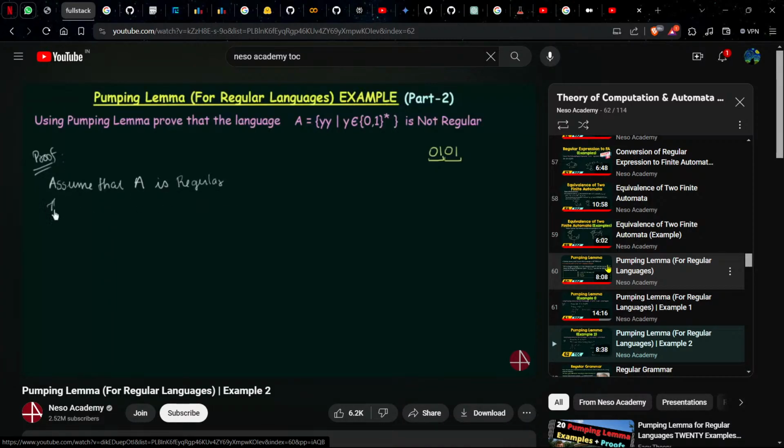So we already discussed if A is a regular language, then it must have a pumping length. And let me call that pumping length p in this case. Alright, so I call the pumping length p, and now what I'll do is I will choose a string s